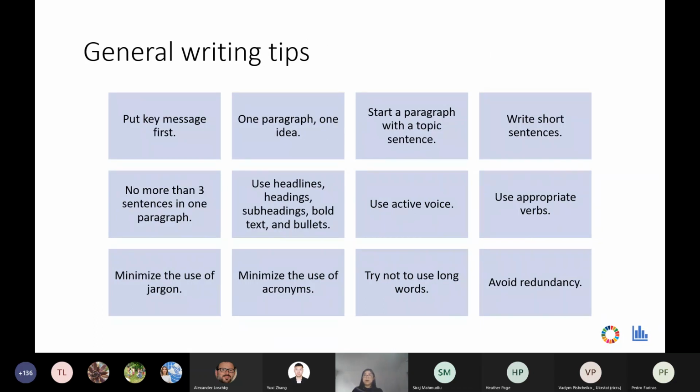So after all this analysis, we're coming to writing your story. I got this question, maybe the person who's asking the question is here, or maybe not. But anyway, I received this question through Yuxi, and somebody is asking, how can we avoid jargon? I didn't put avoid the use of jargon. I'm saying try to minimize the use of jargon, try to minimize the use of acronyms and technical terms.